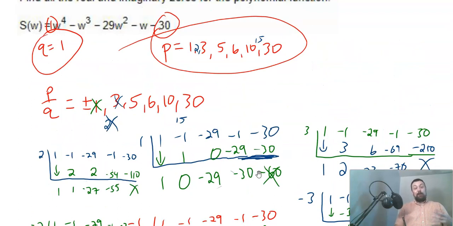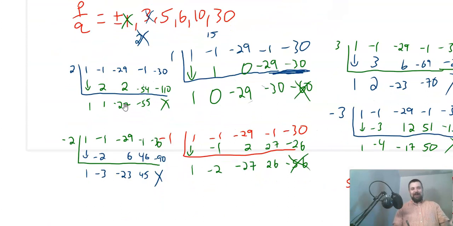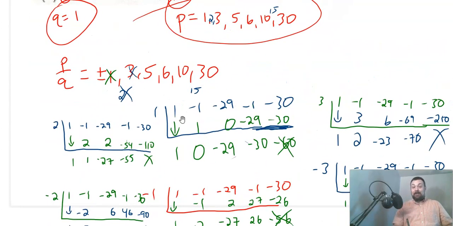But as I was looking at why I am not finding something that works, I looked back up here to revisit the work I did earlier to see if I made a mistake. And I noticed I left 2 and 15 out. Those are other factors of 30, and that's very dangerous. It could very easily happen that the one you accidentally leave out is the one you need in order to get the 0 of the polynomial. So I thought maybe that's what happened, oh, I forgot 2. That's probably one of the answers. And I was still like, wow, 2 and negative 2 don't work either. And so